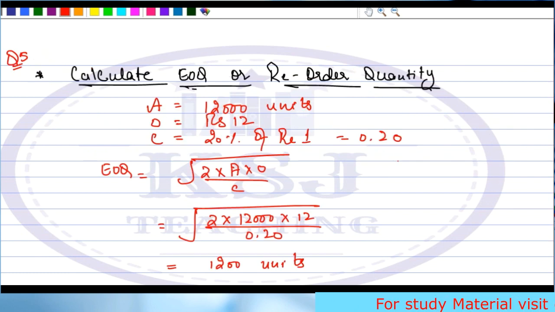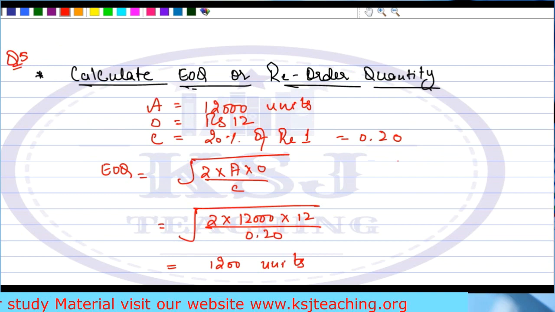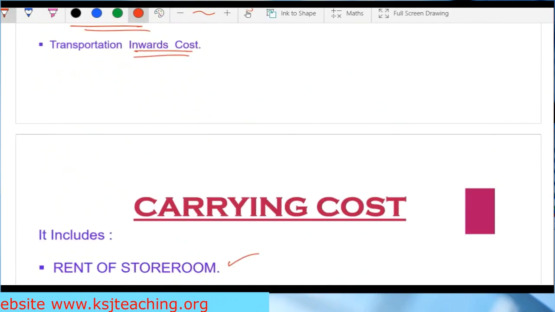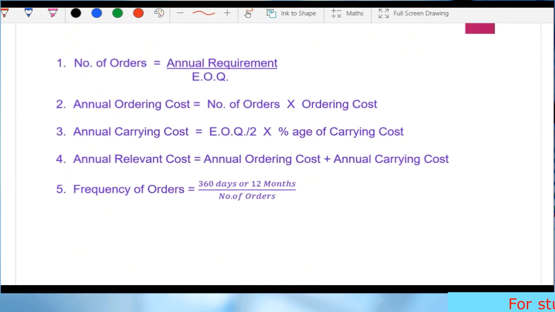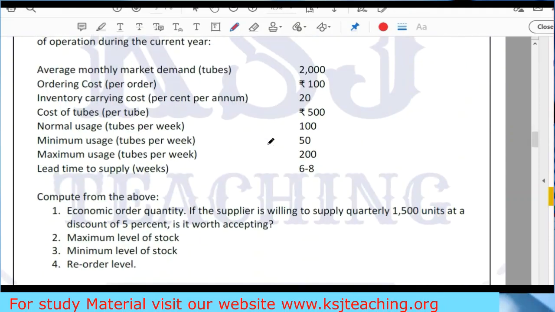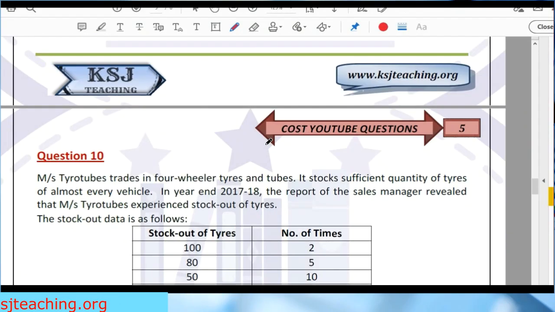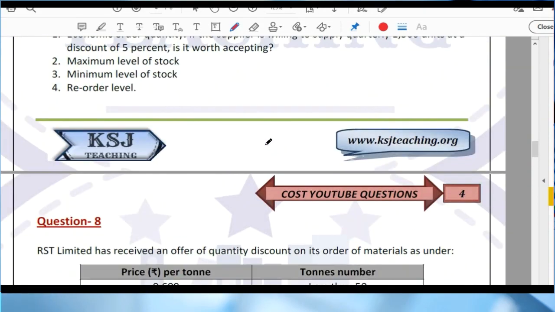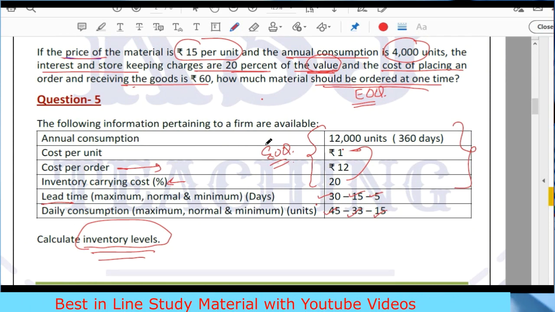So with this, the basics of EOQ are done, right? But sir, advanced EOQ is still there. We have to do some other formulas also, other concepts also, sir. We'll be doing this and we'll be doing the questions on this after this. We'll be solving a lot of questions on this. Question number 6 is there, 7 is there, 8 is there, 9 is there. So all these questions are based on this now, right? Up till question number 9. So 4 questions we'll be doing in the next lecture, along with a few concepts related to EOQ only.